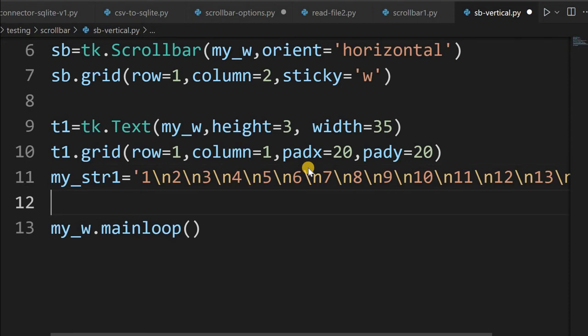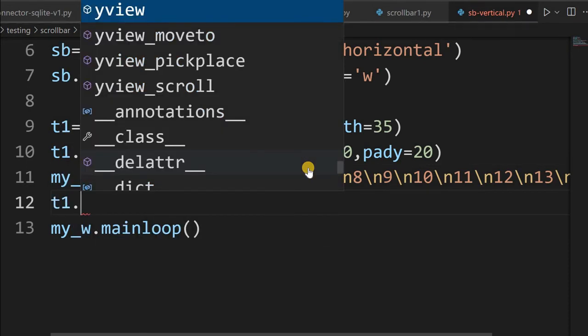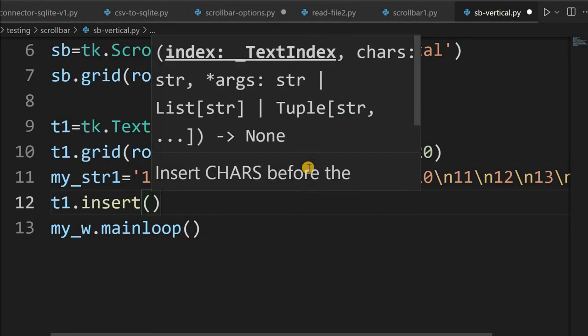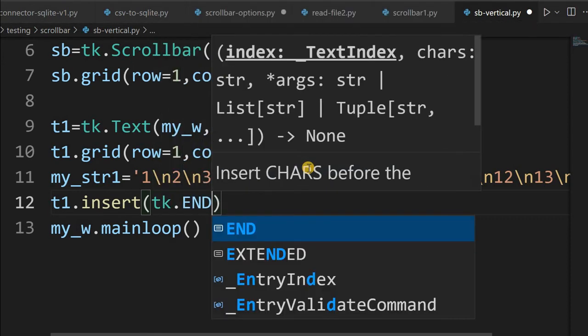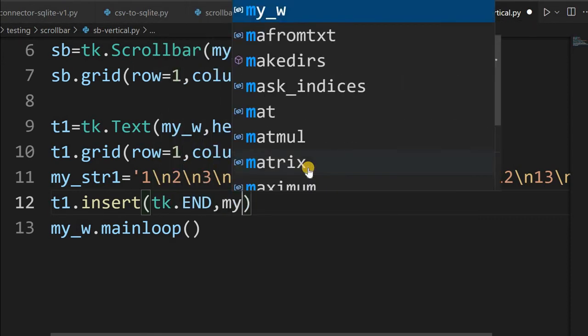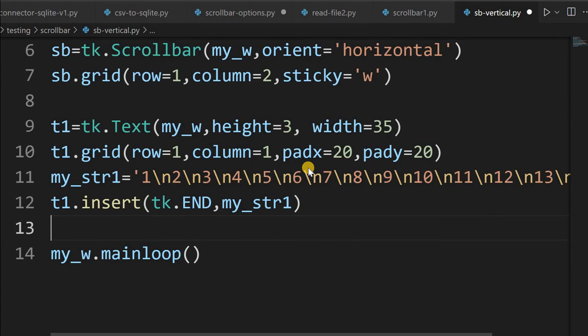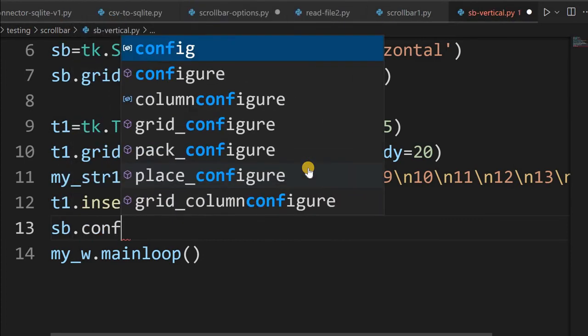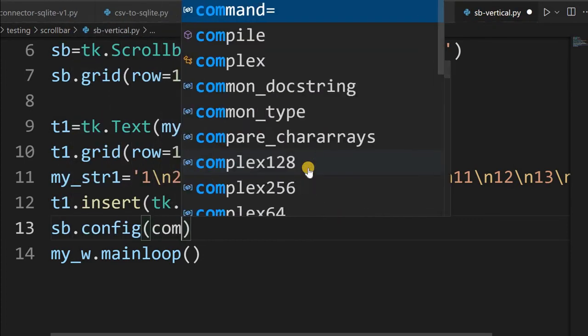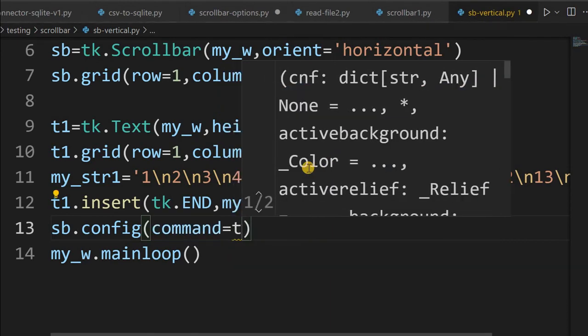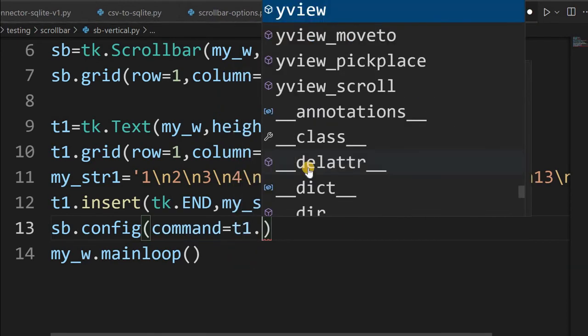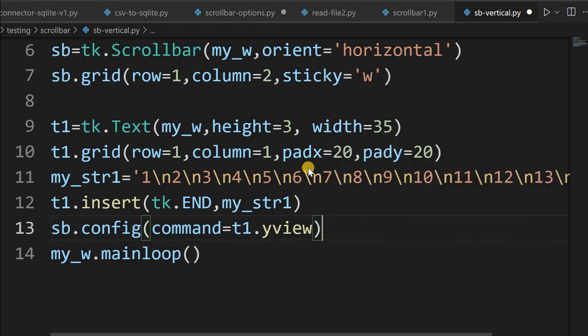Then I am inserting it: insert tk.END, and my str1, the string. Now I will do the important work of configuring asb.config, command equal to t1.yview. Fine, this will take the data and use it. So now let's save this and run.